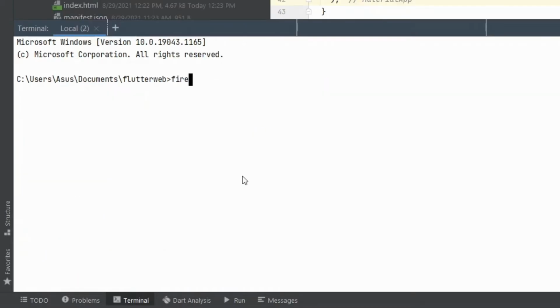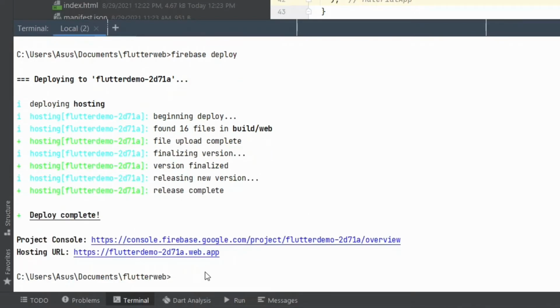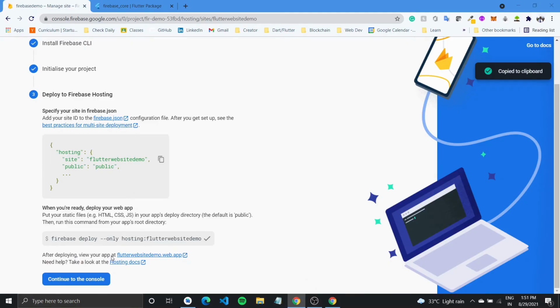After you're done with the initialization, the only step left is firebase deploy. So you'll type in firebase deploy, and it would start to deploy your files. And it would show you the hosting URL.